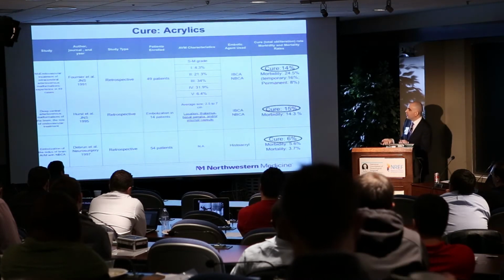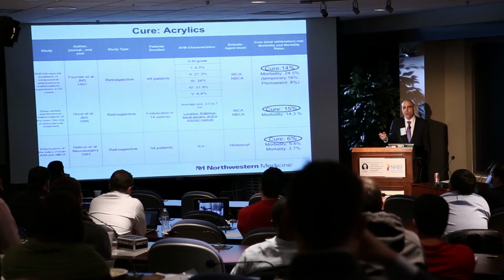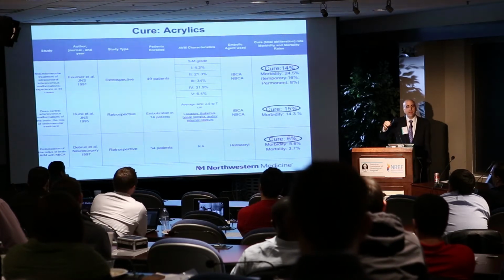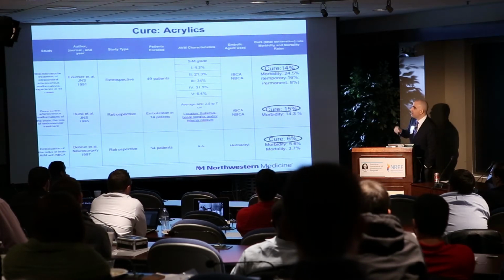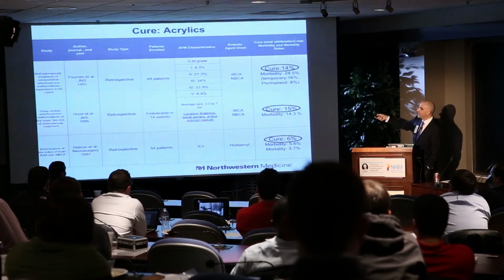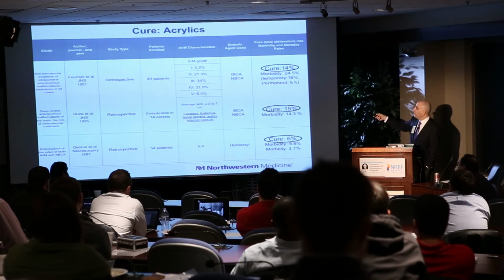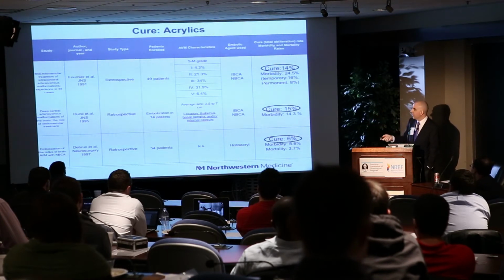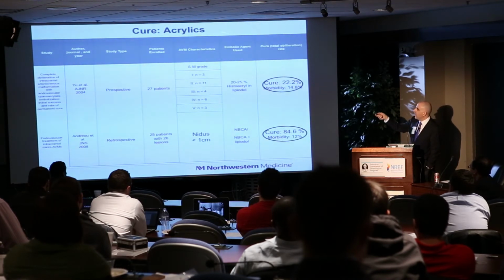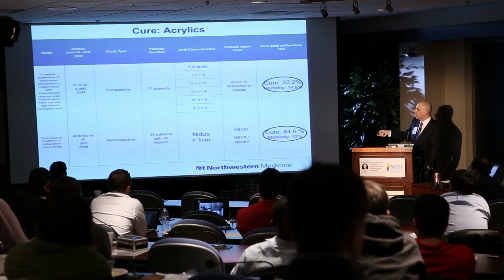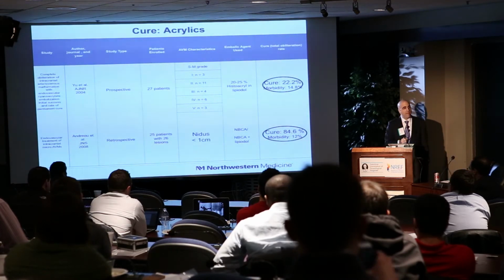So embolizing for cure, what is the data? You can actually predict somebody's outcome in a series based on which AVMs they select. So this is a series where they selected all sorts of AVMs. Their cure rate was quite low and their morbidity was quite high because they were not good at patient selection. And this is in the MBCA era, and this is our literature review. And the cure rate is quite low. This group, wow, they have an 84% cure rate.